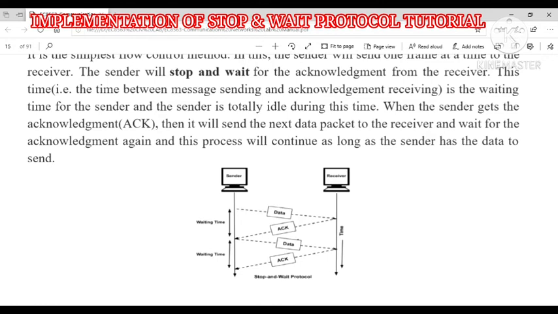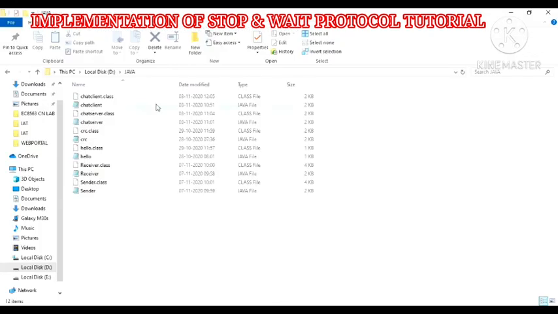So in D, Java, in this folder, I already saved one Java program here. That is a sender program and a receiver class. Sender class and receiver class, I already saved here with double quotation.